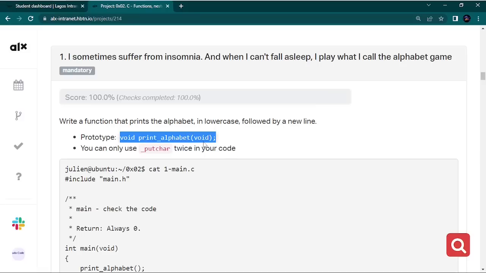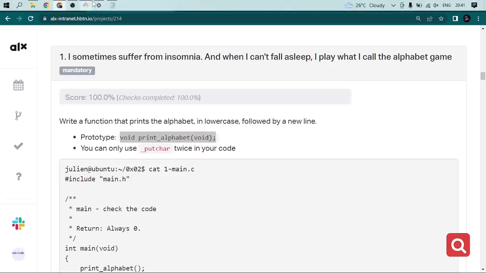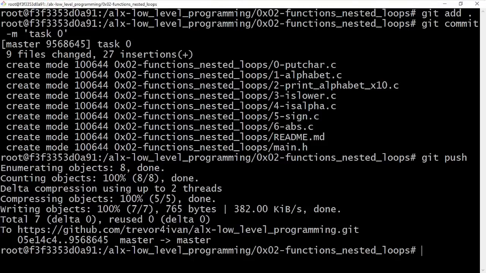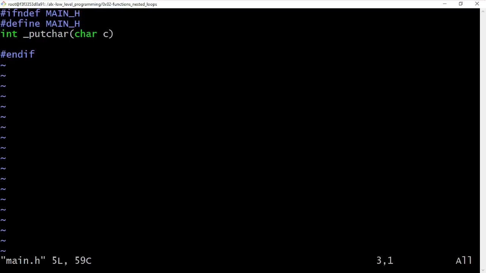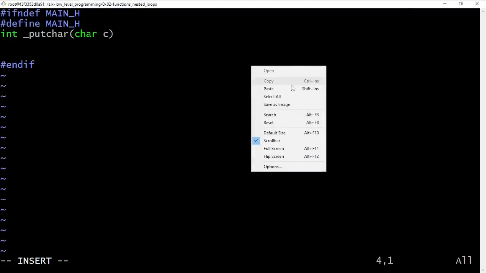Well, if you remember, we are going to just copy this prototype the same way we did with the _putchar, and we are going to put it in our main.h file. So let's go back to our terminal, clear. Now I want to vi into main.h, and this is our first prototype. So the second one is going to be